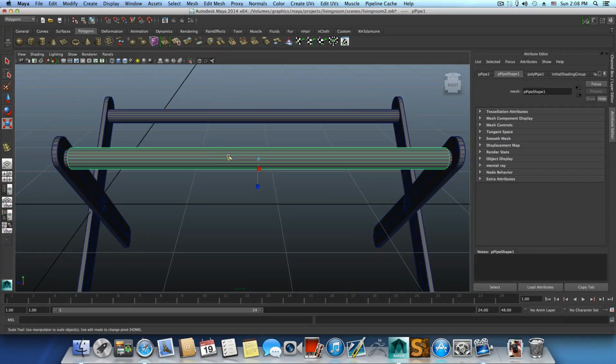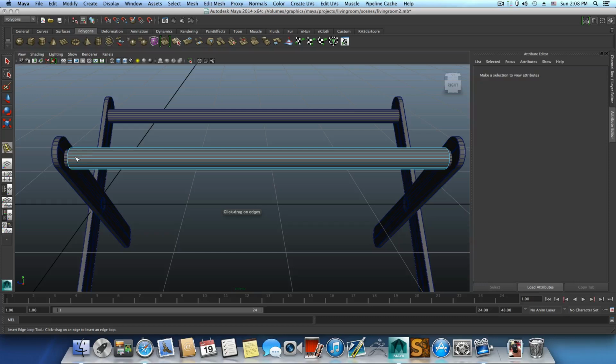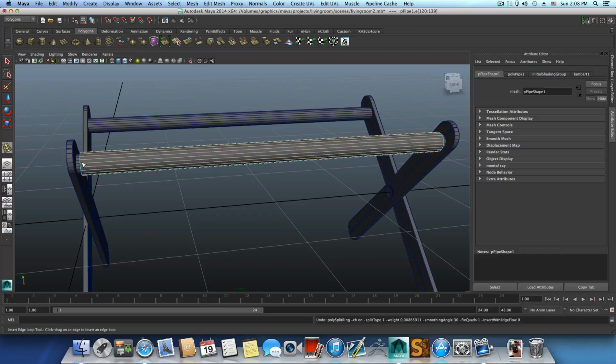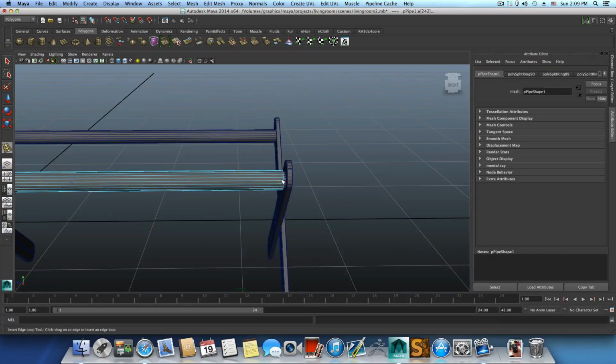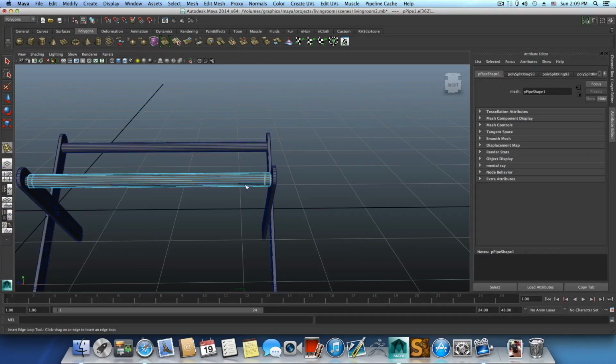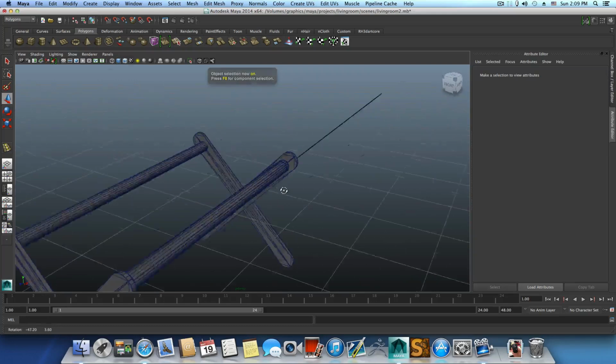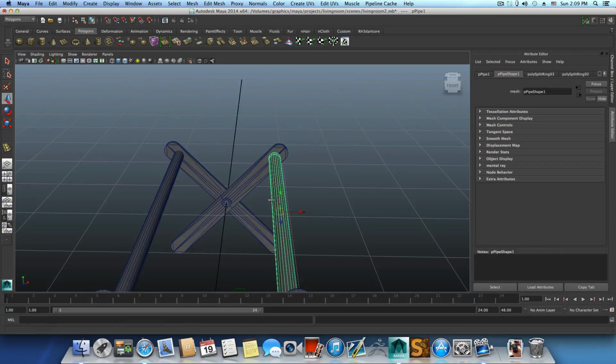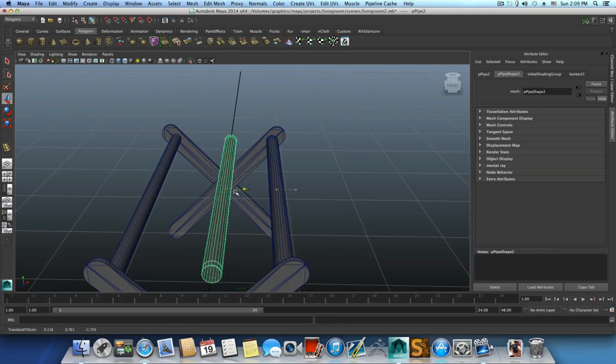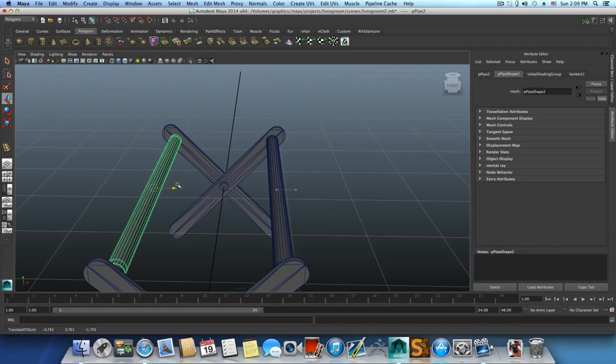And then hold shift, right click, insert edge loop, one edge loop here and another one, sorry, one very close to the end of it, another one here, another one next to it. Okay, and then do the same here, one at the very end, and then some space in between, and 2 more. Okay, F8. Now grab this one, Control D to duplicate it and bring it to the other side,